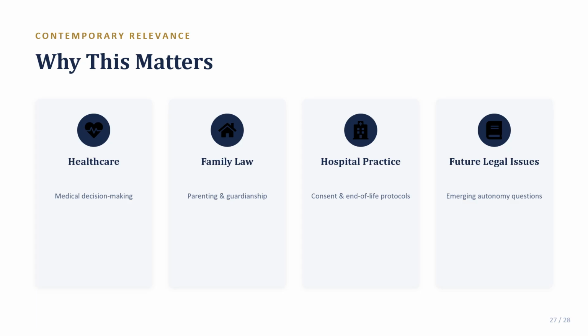And then we have future legal issues, because this area continues to actively develop. We have emerging questions that include how these frameworks apply to new reproductive technologies, and how the state-by-state variations on both abortion laws and assisted suicide laws are going to continue to evolve after Dobbs and other cases. How courts will continue to refine the line between constitutionally protected autonomy and legitimate state regulatory interests. And this is all genuinely new factual context that we haven't even begun to fathom yet.